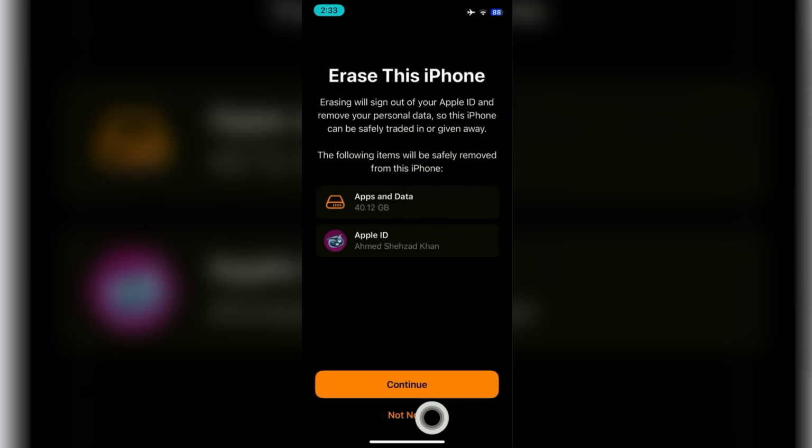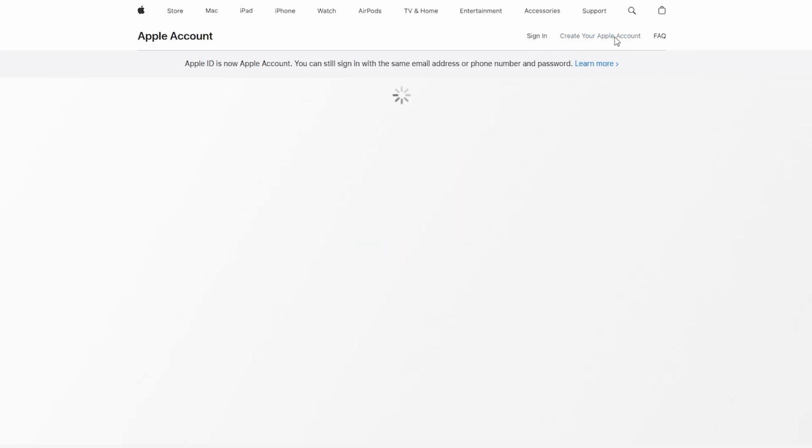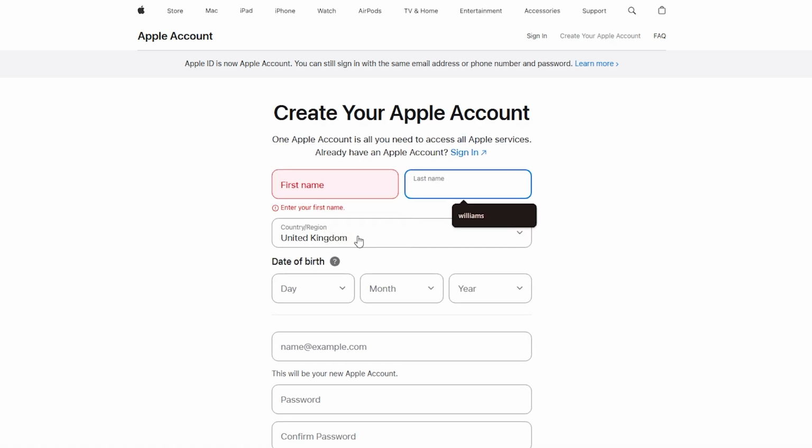But if your problem is still not solved, then you have to go to the website called account.apple.com. On this page, you have to select Create Your Apple Account on the top. Then all you have to do is sign up for your new Apple account on this website. And I hope doing this